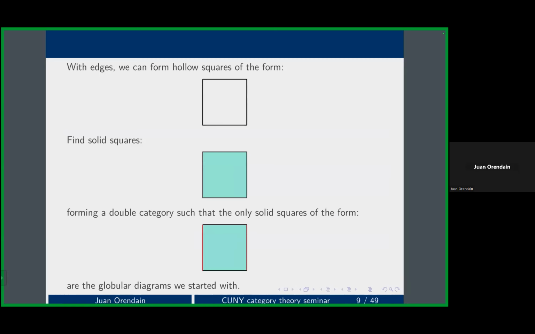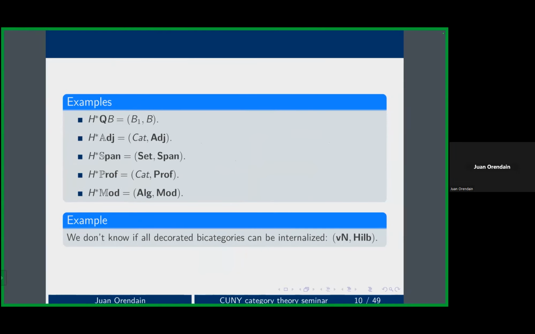I'm trying to fill them with some sort of fixed data that I want. So for example, if you start with a 2-category B in the first example, you have a category of 1 cells. So you can consider that decorated by category B together with its 1 cells. Then you can internalize that using quintets, the quintets double category construction. So that's pretty classic. So you can consider every bicategory as a double category in this sort of very vertically trivial way. Now quintets